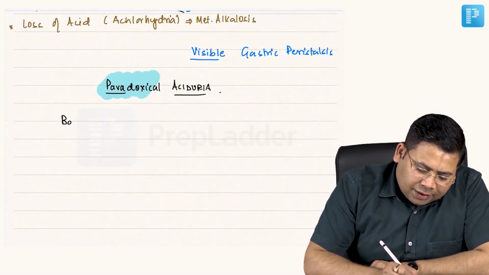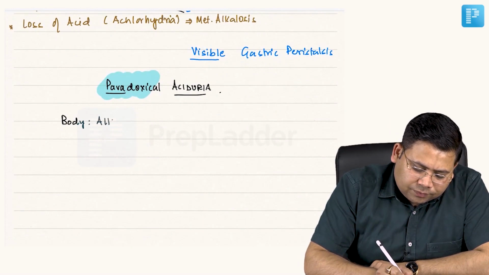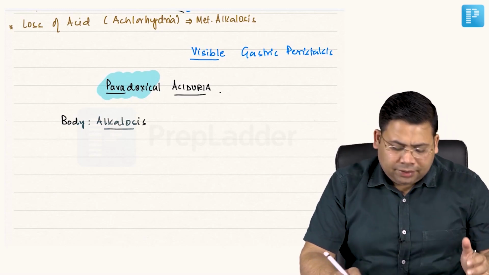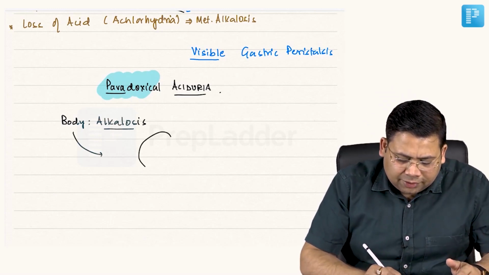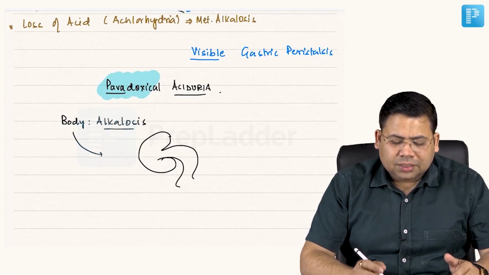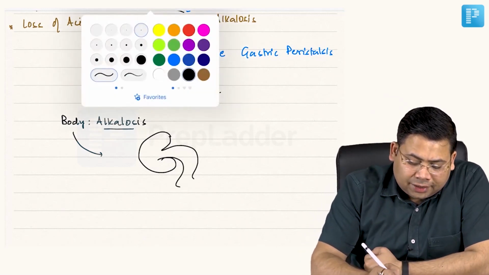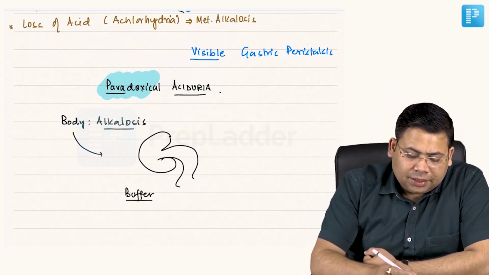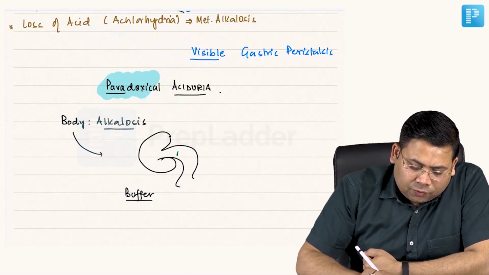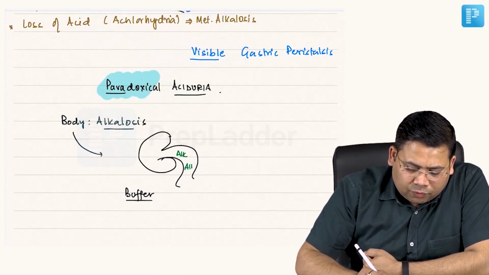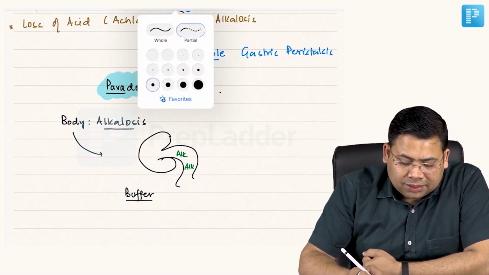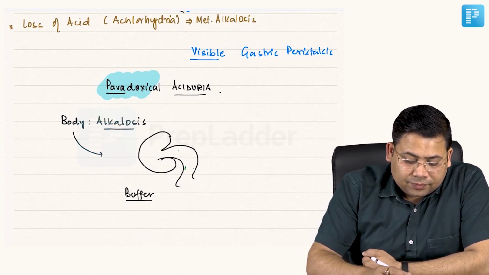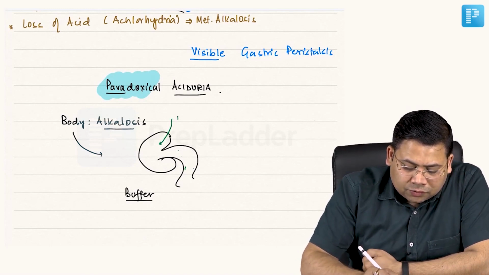Now try to understand, the body is having alkalosis. Now when body is having excess of alkali, body gives a message to kidney that kidney, you have to lose the alkali. You have to lose the alkali, because kidney is someone who is going to buffer the things. Yes, kidney is going to buffer the things. So kidney, you are expecting the kidney to lose more and more alkali in the urine, but actually something other than your expectation happens. Kidney also gets a message that, boss, we are also having diminished